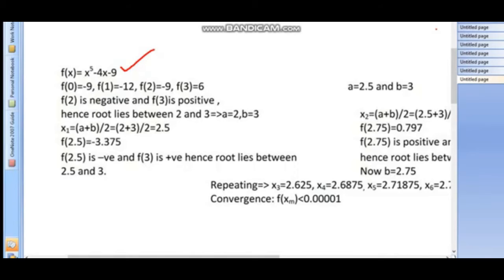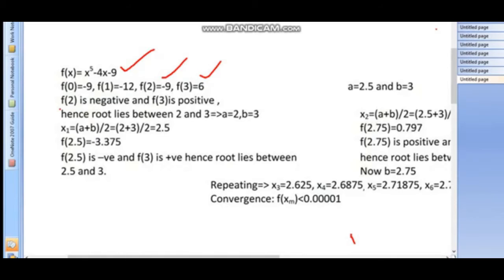In the first step, what you have to do is find the value of f of 0, f of 1, f of 2, f of 3, etc., so that we will have a positive value for the function, and we also need a negative value for the function. When you have a positive value and a negative value for the function, then you choose those x values